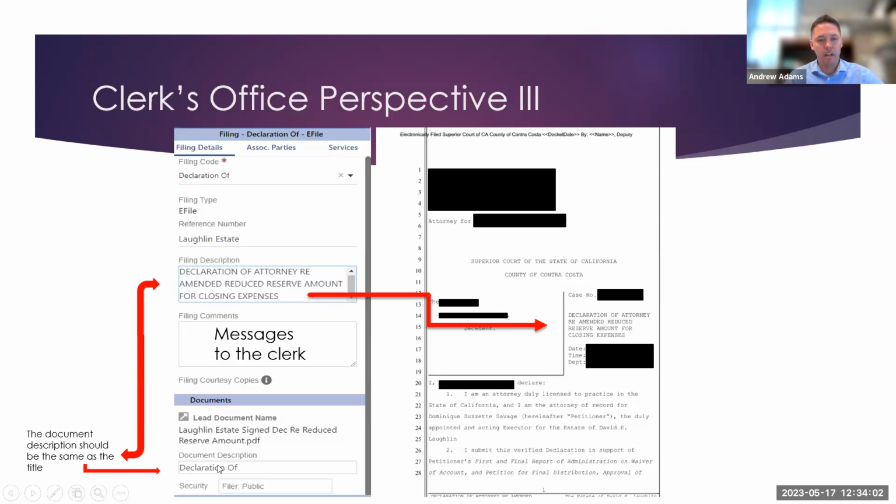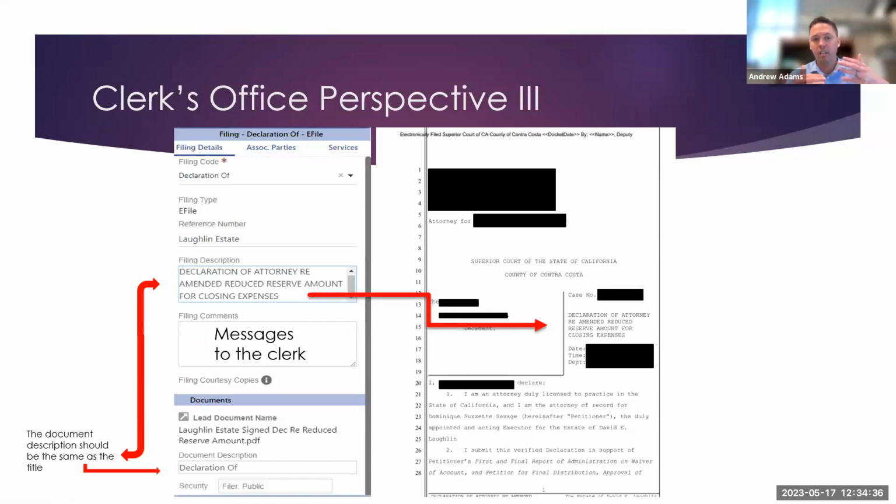The other thing is document description down here. We would want it to be the same as the filing description. This is actually really important for appeals when we're building appellate records, because when you guys are designating documents, when they're going through and they're pulling it based on the document description, if it doesn't match this, they're going to have a hard time finding what you're looking for. Now, I will say on one thing is in the filing description, there are a lot more characters you can use there. So use as many characters as you can. Document descriptions are much smaller. So if it needs to be an abbreviated version, that's fine.